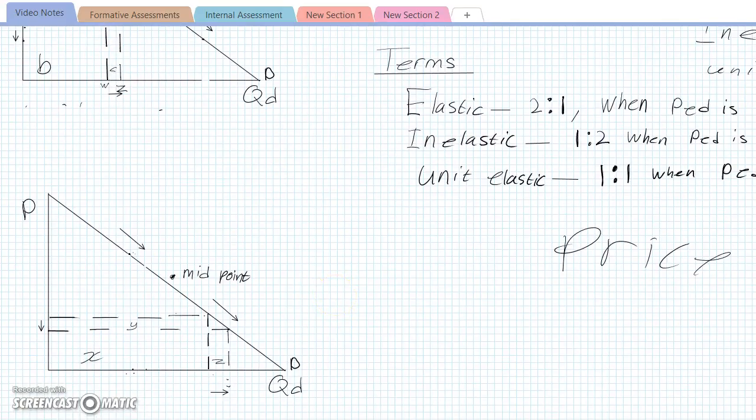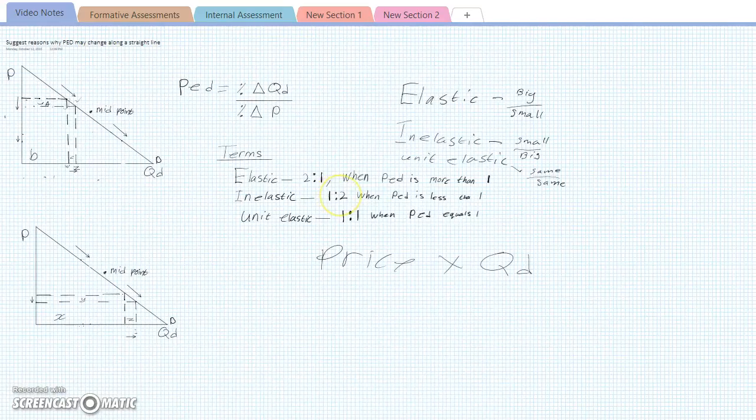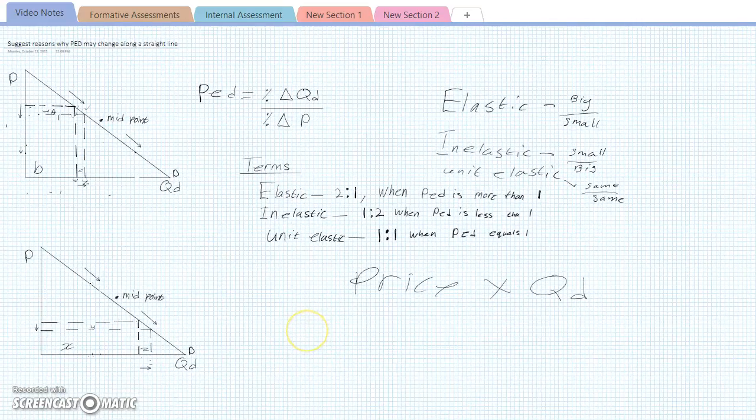And over here in the lower half, you see Z is proportionally smaller than Y, meaning you would take a loss in total revenue, so it's coming away from the midpoint. Let me zoom out real quick. Okay, so